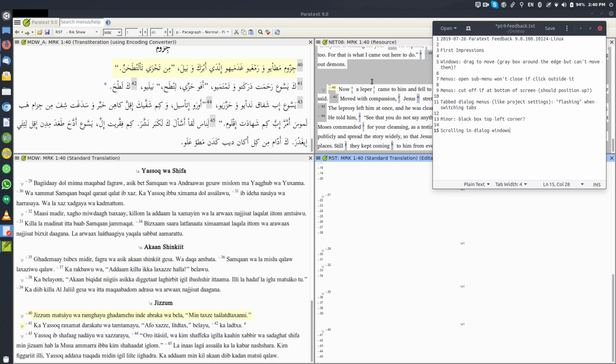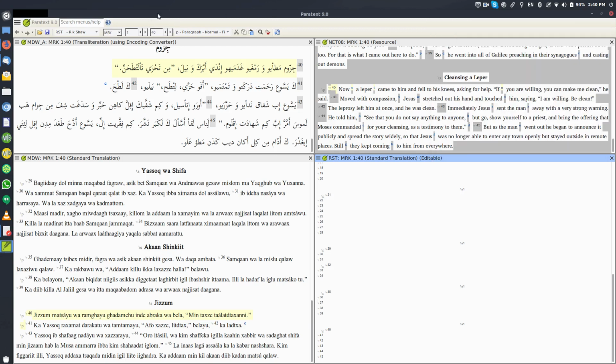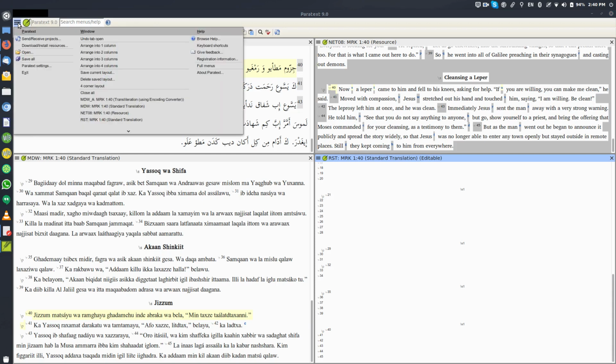Second thing is something in general. There's two parts of menus that are giving some challenges. Actually, a third one. And they all have to deal, I think, with focus. So let's go back to Paratext 9 here again. When I open a main window here,